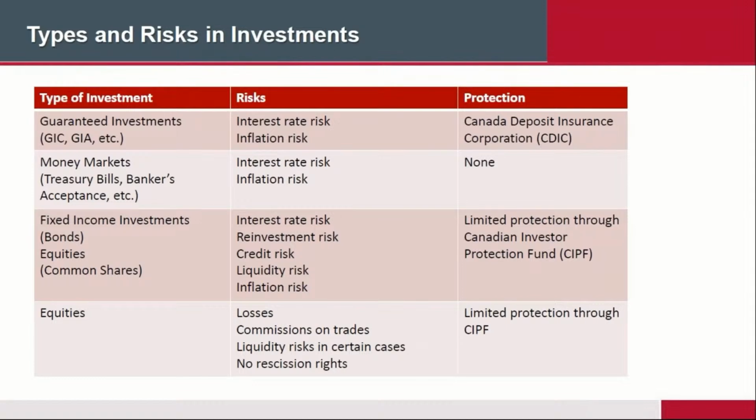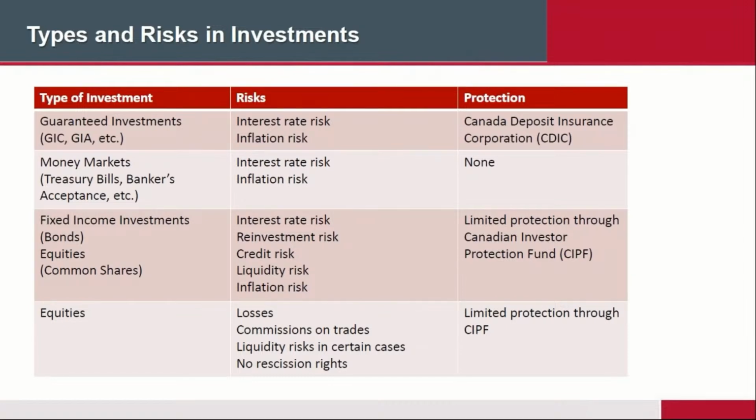Also, interest rate risk. If right now you're getting, say, 5% on your money, but when the GIC renews 3 years from now, the interest rates are lower than 5%, down to 3%, then you've obviously lost 2% on that money. So on the exam, they are going to ask you, what are the two biggest risks for guaranteed type of products? And the two biggest risks for guaranteed products are, of course, interest rate risk and inflation risk.